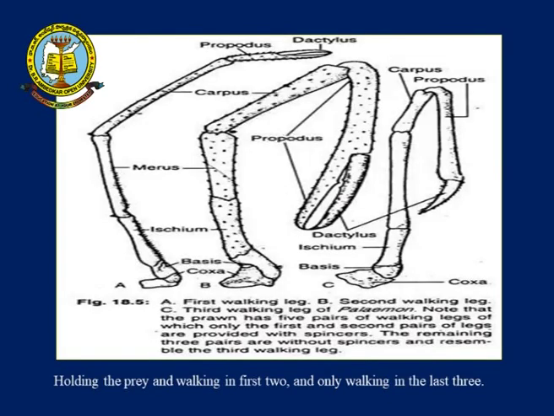Then you have the walking legs, the next pairs of walking legs. The first 2 pairs of walking legs have those chela-like structures, which help in cutting the food particles, and then you have the next 3 pairs, which help in walking. The animal is able to walk on land because of these 3 pairs of